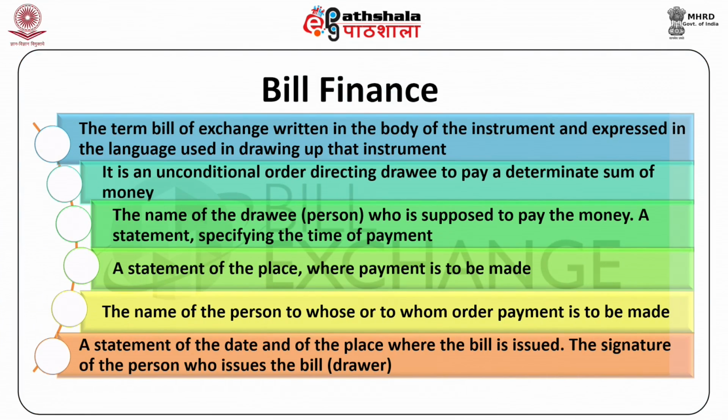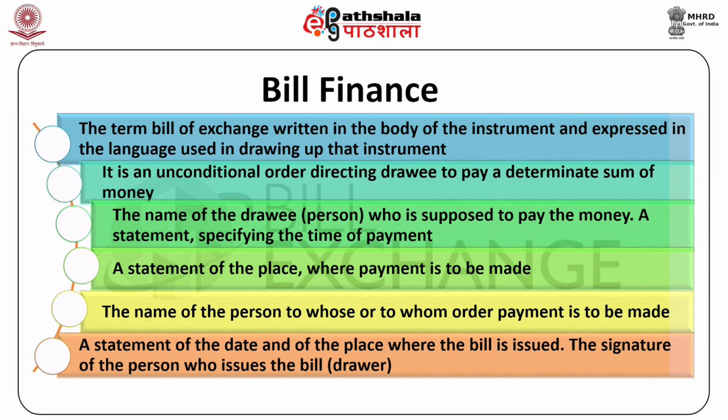Let's first start with bill finance. The bill of exchange is a document in writing and an unconditional order by one person, who is known as the drawer, to another, who is known as the drawee, to pay a specified sum either immediately or on a predetermined fixed date. It is also called a term bill for payment of goods and or services purchased or received. The drawee accepts the bill by signing it. It essentially is a trade-related instrument that finances a genuine trade transaction.